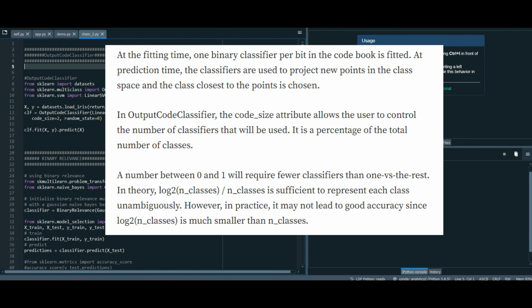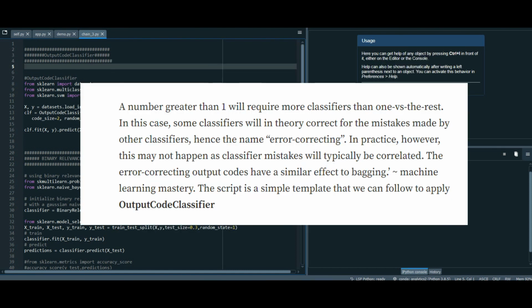It is a percentage of the total number of classes. A number between 0 and 1 will require fewer classifiers than one versus the rest. In theory, log2(n_classes) / n_classes is sufficient to represent each class unambiguously. However, in practice, it may not lead to good accuracy since log2(n_classes) is much smaller than n_classes. A number greater than 1 will require more classifiers than one versus the rest, and these